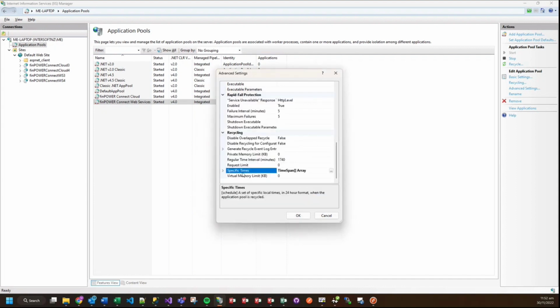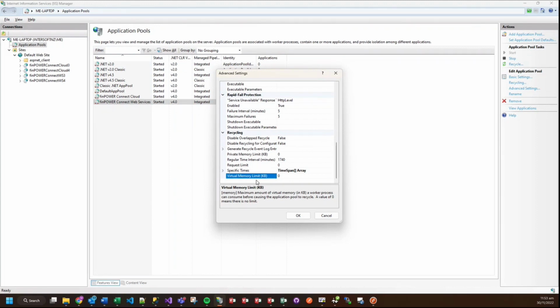They can alternatively be set to recycle based on a virtual memory limit. Now, this is useful for sites that have large web services memory footprints, so things like large global collections. Someone might have, say, a car motor finance company that has hundreds or thousands of external parties, all of which are going to get loaded every time the